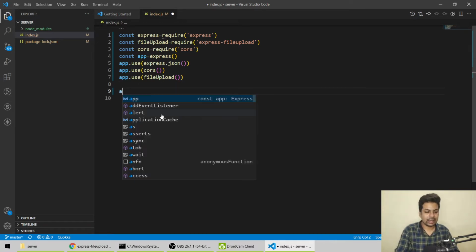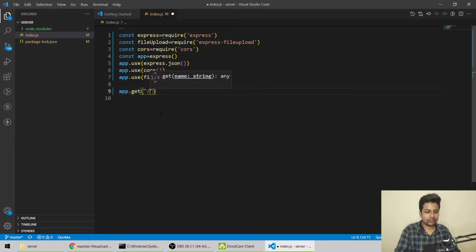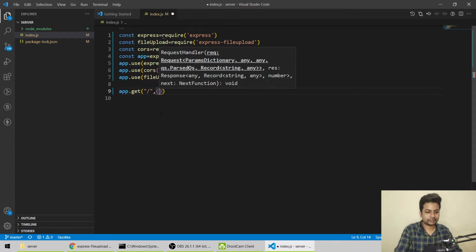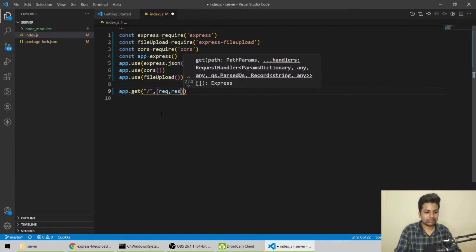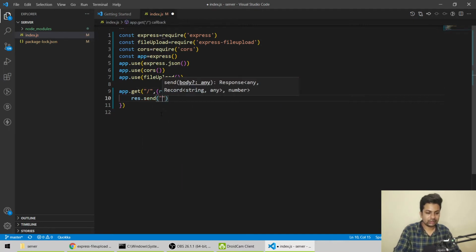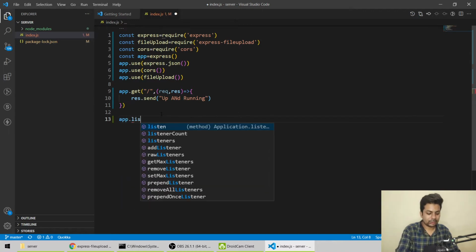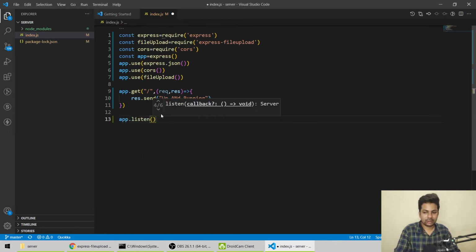Firstly, let's check whether it's working or not. app.get, request, response, res.send, up and running. Let me run it on a port with app.listen, and we'll make it port 4000, not 40,000, 4,000.